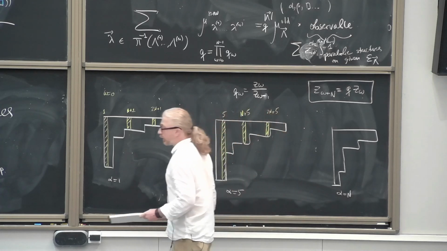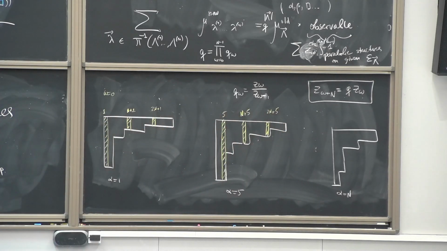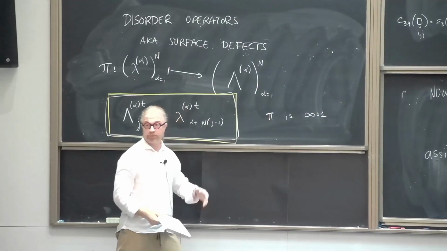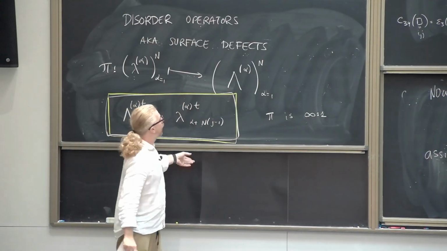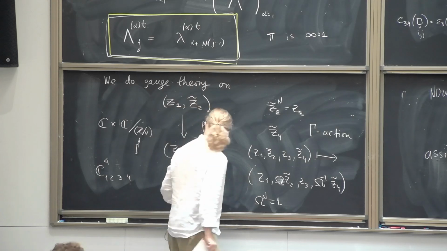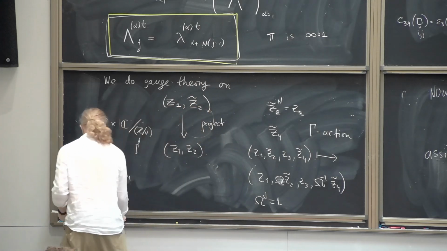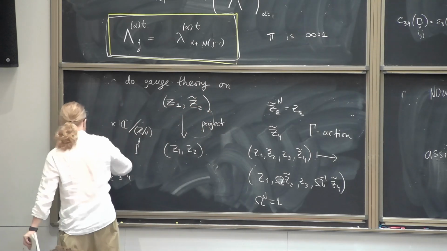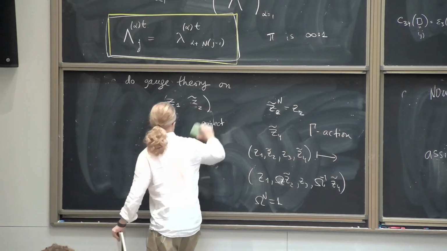And now we just need to understand how large are the fibers of this map. So this map is actually infinity to 1. So the preimage of each collection of partitions is an infinite set, but this set has an interesting structure, which again